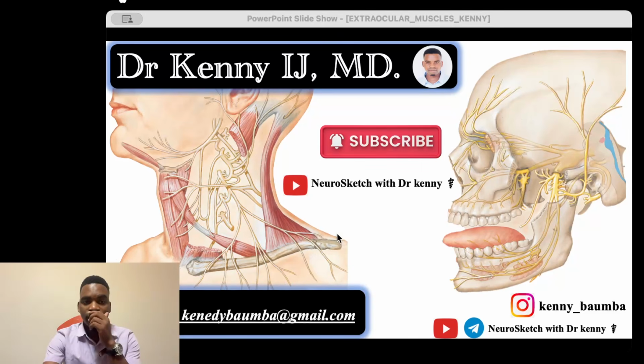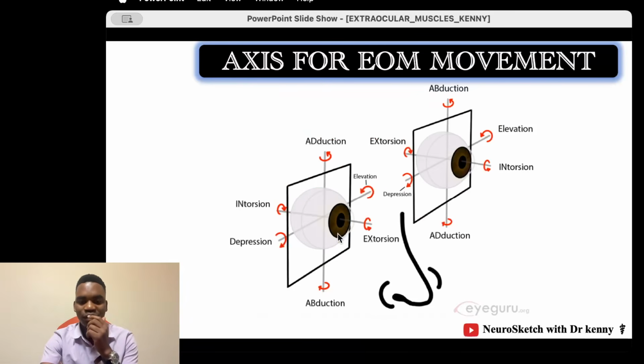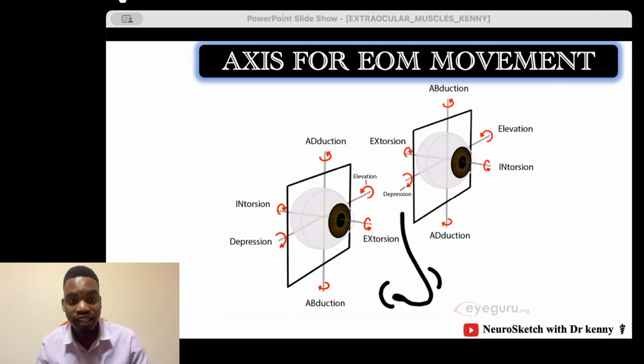Before we go straight to the oblique muscles, let's first see the different axes through which the eye moves. We have three axes, and number one is the anterior posterior axis, the axis that comes from the anterior part of the eye and goes through the eye to the posterior. So we have this axis, and through this axis two